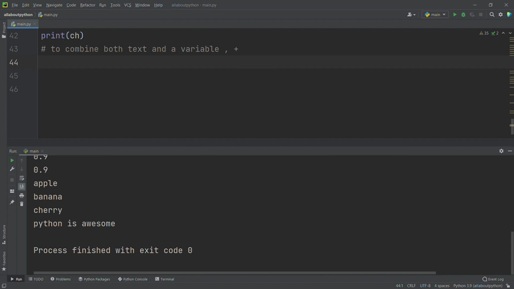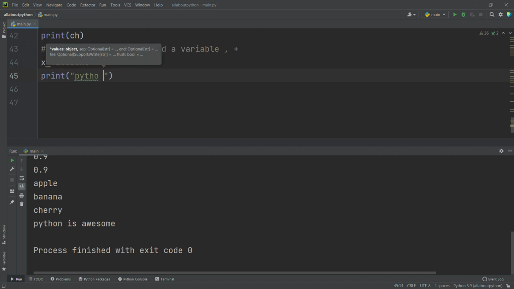I will assign awesome to my x variable. Here I am creating a variable and assigning awesome to it. I want to print Python is awesome, so I am using a print statement. Inside the print statement I am giving Python is, and awesome is inside my x, right?